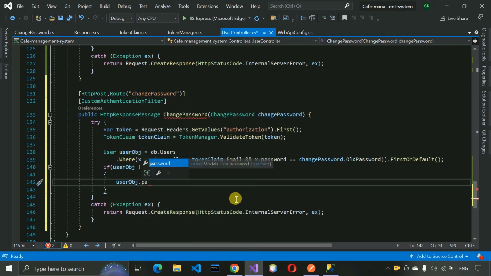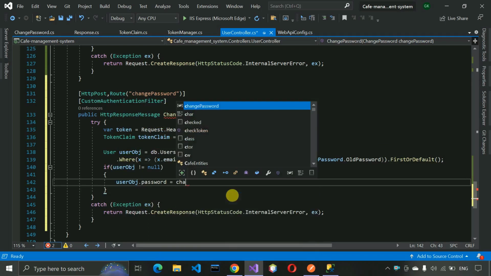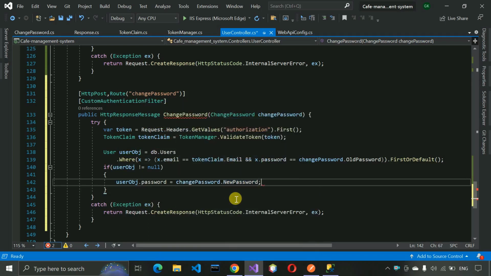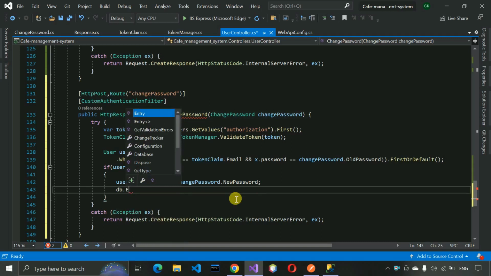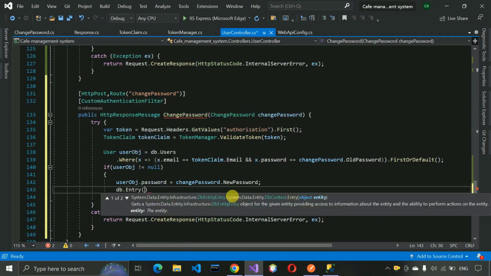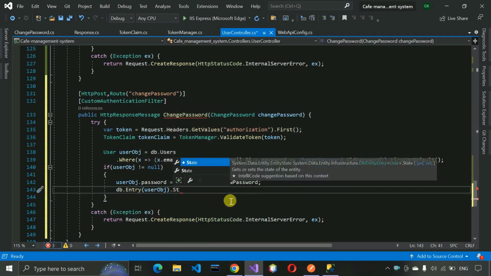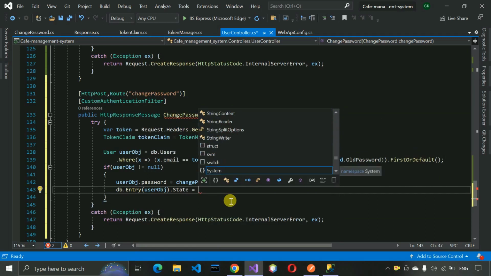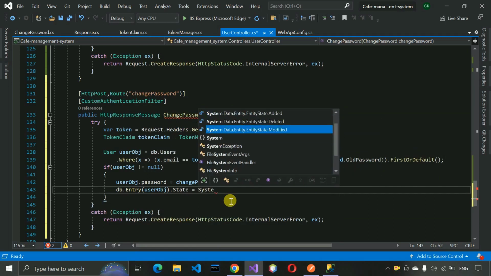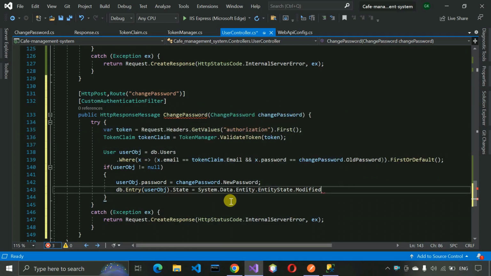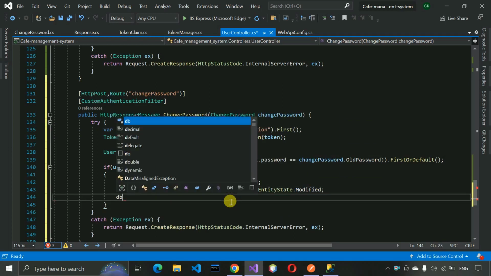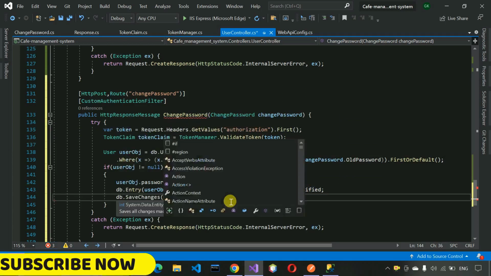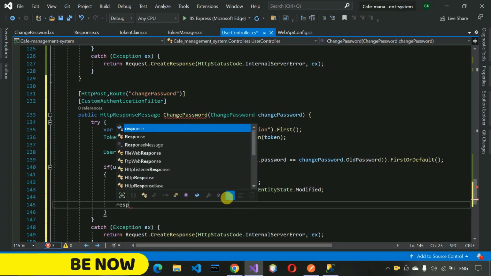So in that case we have to just update the password, so changePassword.NewPassword. Then entry userObj dot State, and here we have got System.Data.Entity.EntityState.Modified, and db.SaveChanges, and here we write response dot